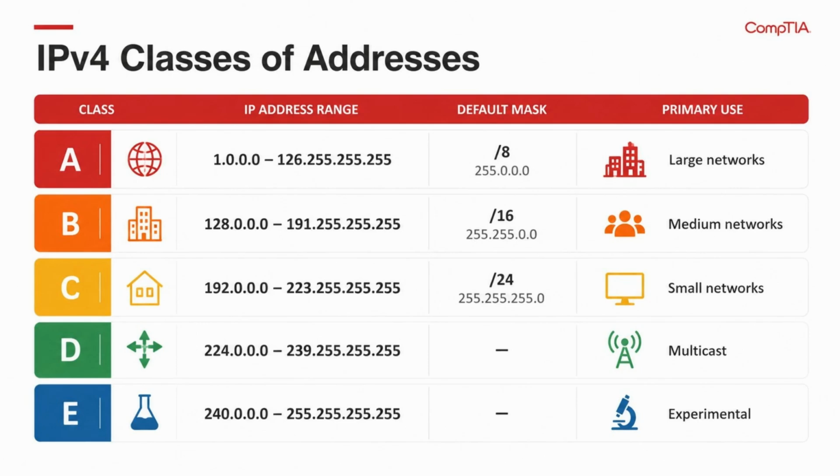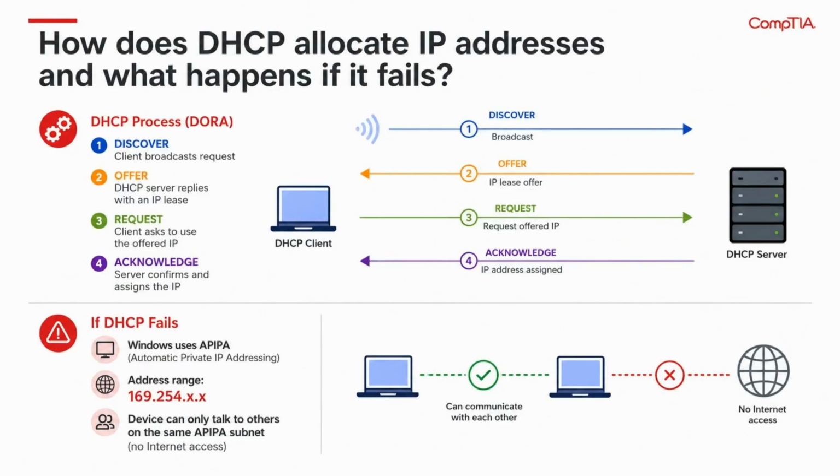Class D, 224.0.0.0 to 239.255.255.255, is reserved for multicast. And Class E, 240.0.0.0 to 255.255.255.255, is experimental. DHCP allocates addresses through a 4-step process known as DORA: discover, where the client broadcasts a request;